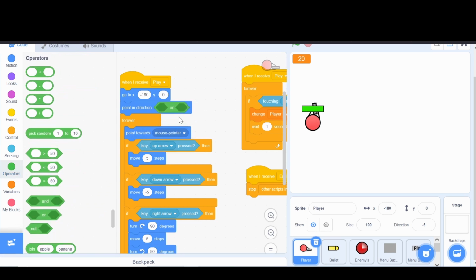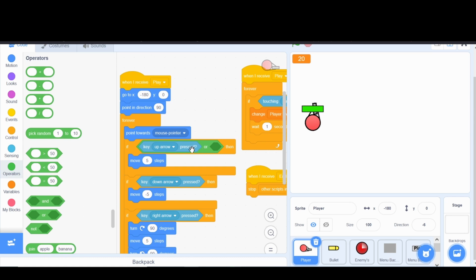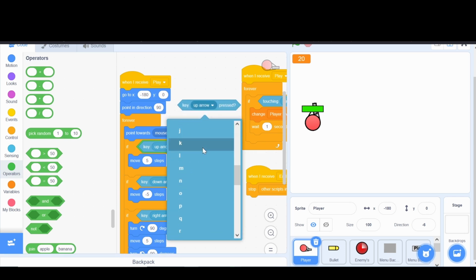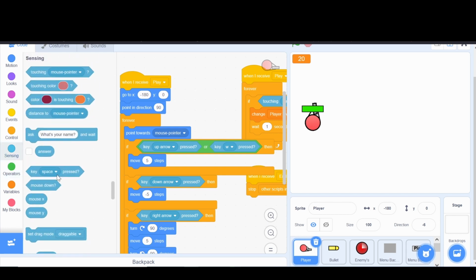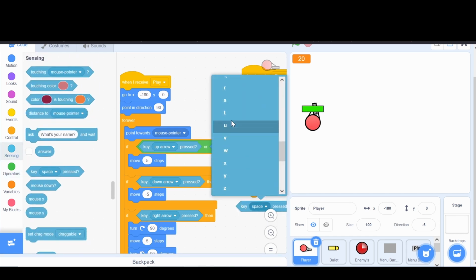This OR block will allow us to use the up arrow key, or then we can put the W key, we can switch this to W, and put that in the other side of the OR. Now we will be able to use the up arrow or the W key. Now we can switch this to all of them, so we can use the W key for up arrow, or we could use the S key